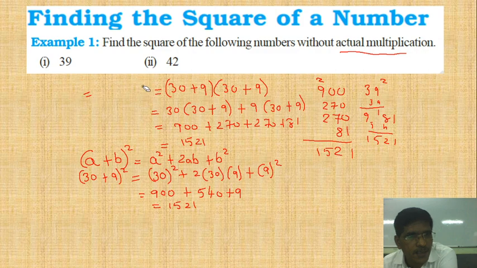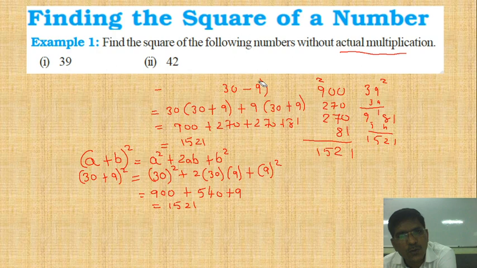Now one more related sum, that is 42 square. I think when you visualize it, try to solve this. 40 plus 2 whole square I can write now, and by applying the given formula that I have written here, you can solve it. One formula is already described here, that is A plus B whole square, which is A square plus B square plus 2AB. Now I am writing it here.